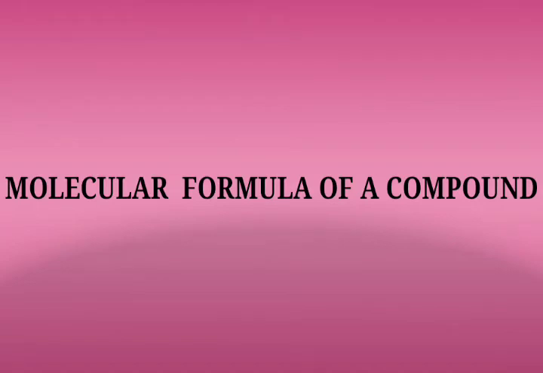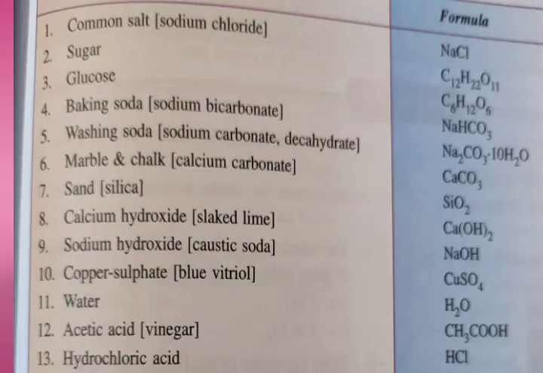In this we will study how to write the molecular formula and what the significance of the molecular formula is. So each compound is represented by a chemical formula with the help of symbols and valency of the different atoms present in it. A molecular formula of a compound is the symbolic representation of its molecule. Molecular formula shows the number of atoms of each element present in it, and these atoms combine in whole numbers to form the molecule.